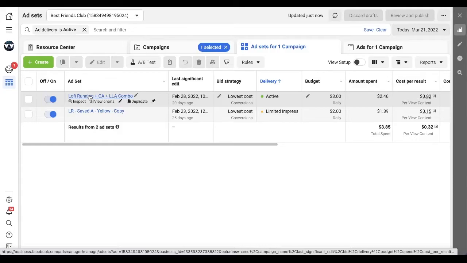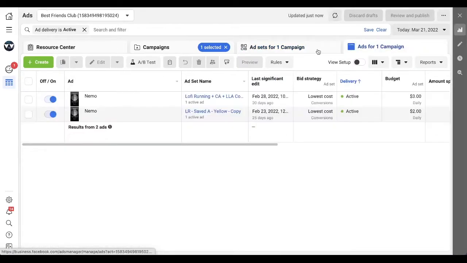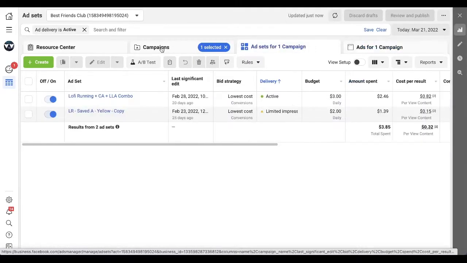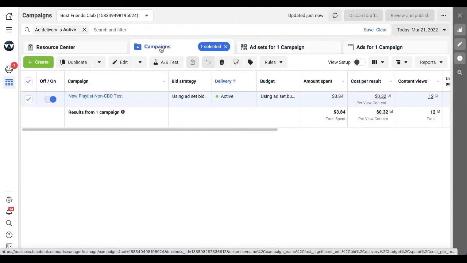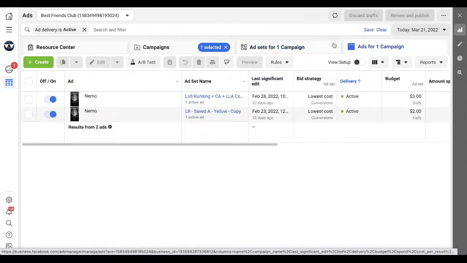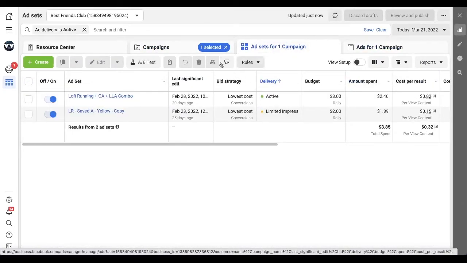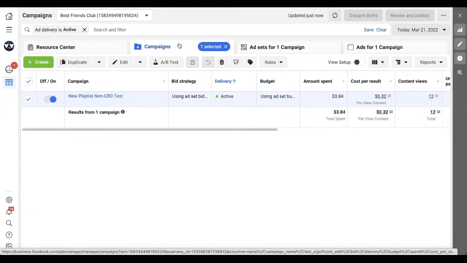You can have multiple ad sets within a campaign, and then within the ad set are the ads. The ads are the actual creative, so the video ad that you're going to be showing to the final user, and there can be multiple ads within an ad set. That's basically a breakdown of how the Facebook Ads Manager is set up. As Facebook has gotten very popular in terms of its advertising platforms, this kind of setup is very common across a lot of newer platforms like Snapchat and TikTok. They're all following this format,